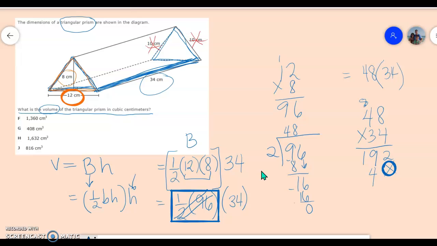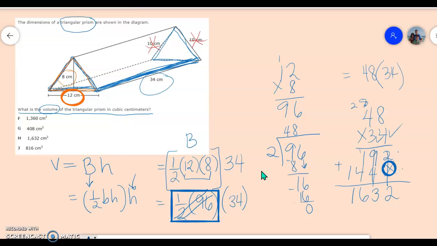I'm going to put down my 4 and carry my 2. 3 times 4 is 12, plus 2 is 14. And since I had 2 digits, I have to add up 2 lines of data. So right here is going to be 2. 9 and 4 makes 13, carry a 1. 4, 5, 6 here, and a 1. So I found my answer to be